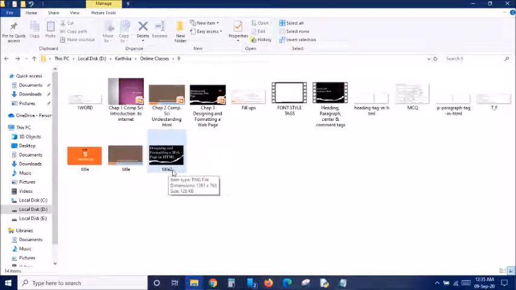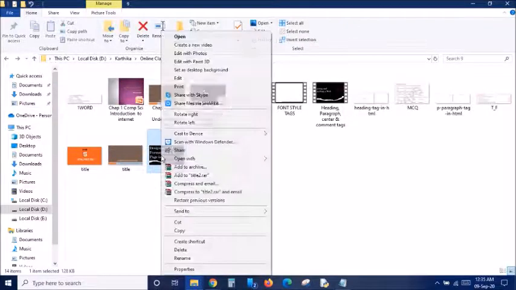If you are adding the name directly, say title 2.png, your picture must be present on the desktop of your system. Only if it is on the desktop can you add it as it is, else you have to add the path. Now I'm going to teach you how to add the path.